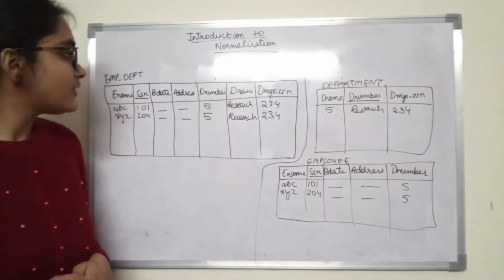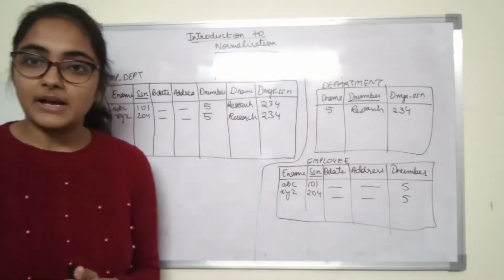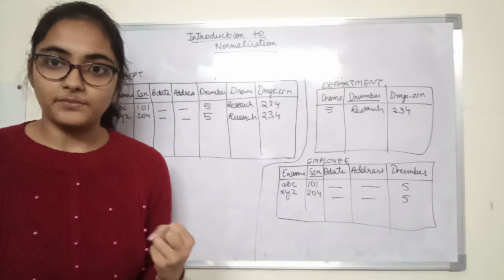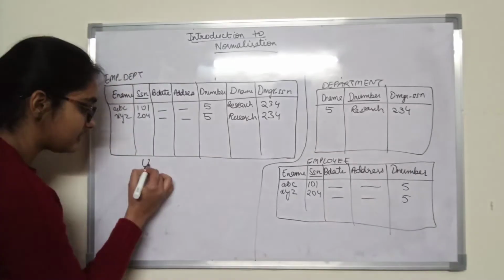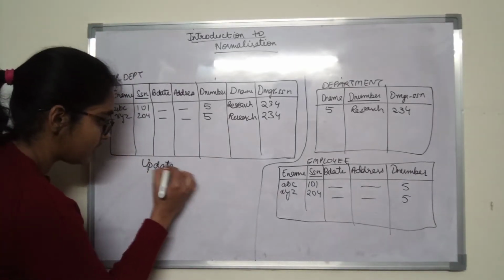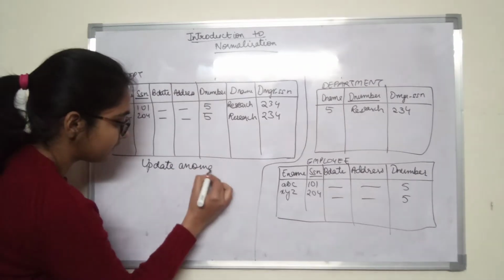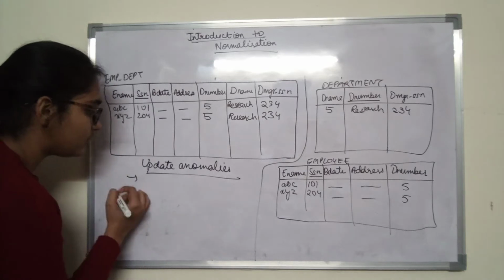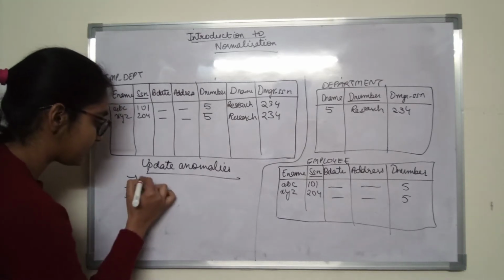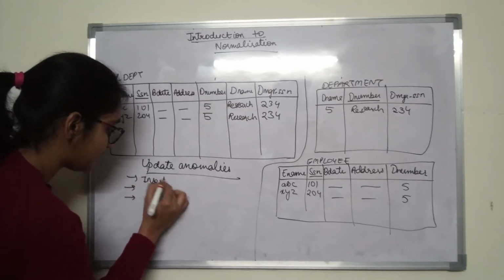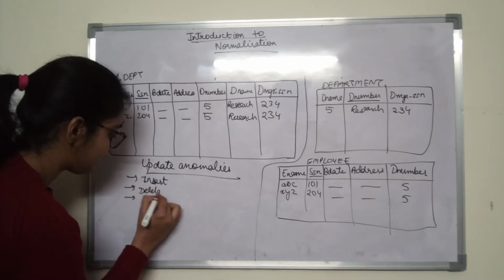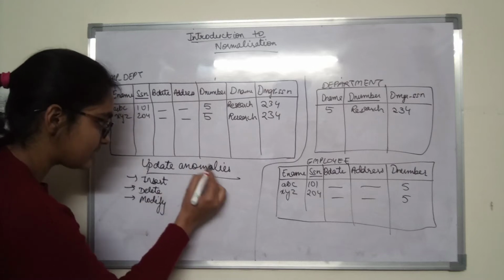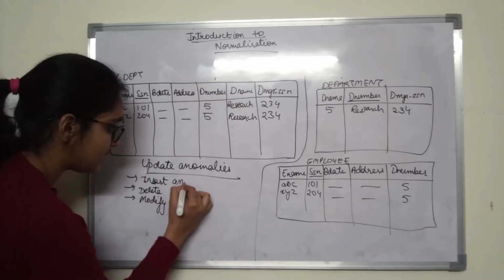Another problem caused by bad relation schemas can be update anomalies. What is an anomaly? An anomaly is a problem, right? So, update anomalies. We already discussed that update operations can be of three types: insert operations, delete operations, and modify operations. Hence, update anomalies are of three types: